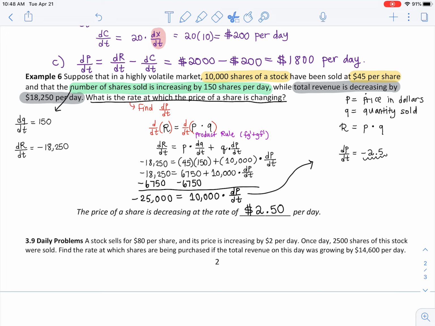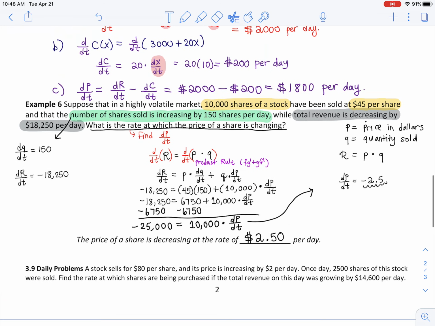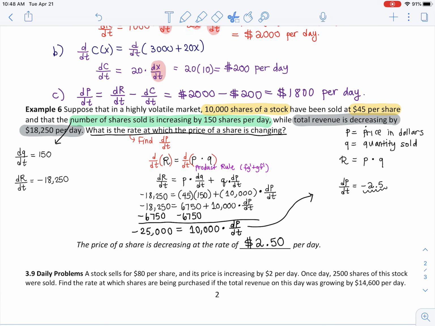Try this for me. I wanted to give you something a little bit fun for the 3.9 problem. So I want you to try the 3.9 daily problem now. And because I want to be able to finish everything this semester, I'm going to go ahead and come